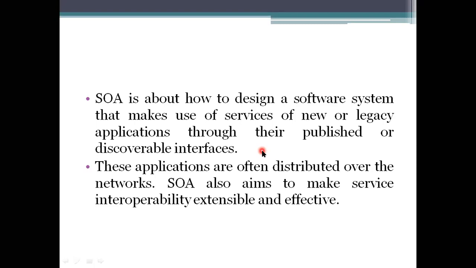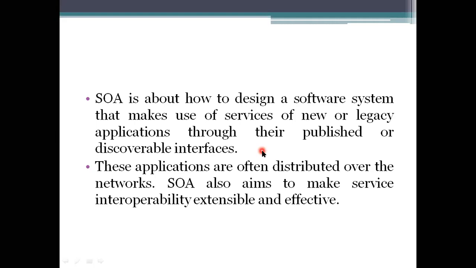Service-oriented architecture specifies that, apart from usage of any type of environment, it will provide a distributed environment which allows accessing the services from any platform or any environment.